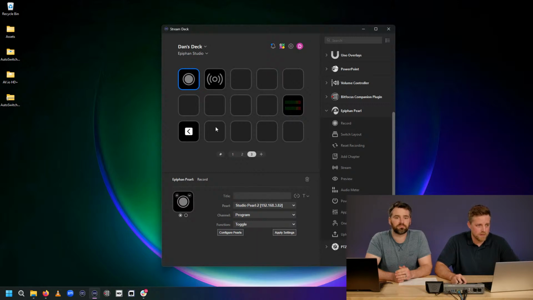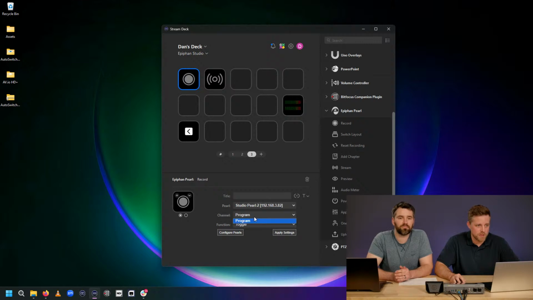So now for this record button, we're going to select our Pearl Mini. We're going to select which channel. Oh, press apply first. Apply. Hopefully I entered that correctly. Did I enter something wrong there, Ryan? Try again. Now click on it, then go to channel. No, it's not showing the channels. We can show the Pearl too. It might just be a network thing or something like that.